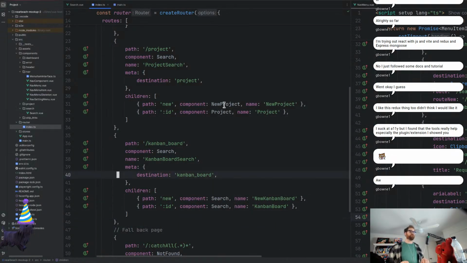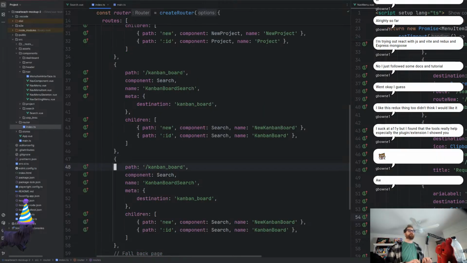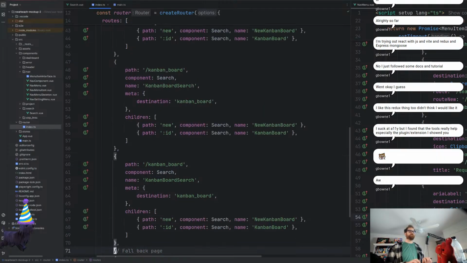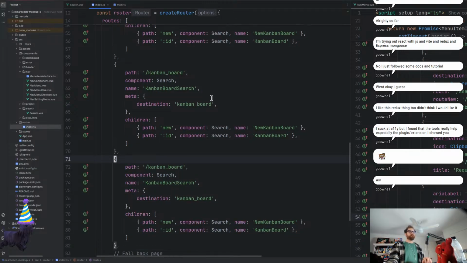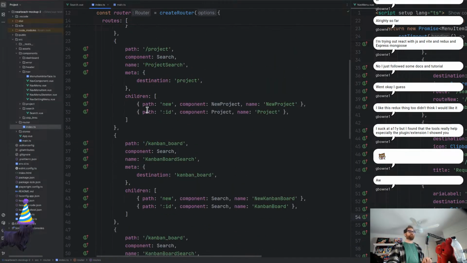So what I want to do, 35 to 47, that's 12. I want to move down by 12. I want to paste that again. 1, 2, 3. This isn't going to be in any order whatsoever. So we've got Kanban board, and then what did I say? Requirement. This would be requirement. Destination would be requirement. New would be all that kind of stuff. And once again,